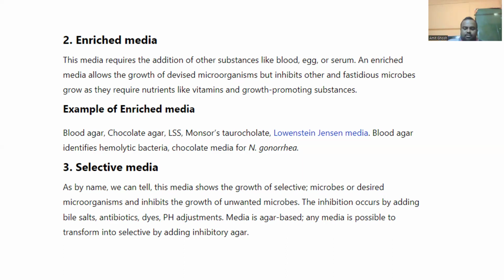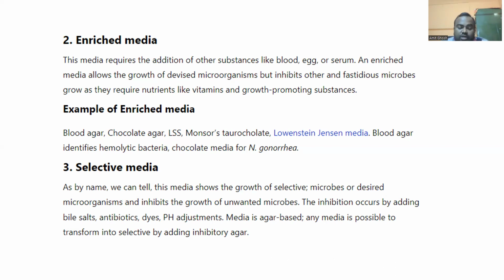Now, after basal media and enrichment media, we'll learn the selective media. As by name, we can tell the media show the growth of selective microbes or desired microorganisms and inhibit the growth of unwanted microorganisms. That means selective media will select some microorganisms, not all. And this inhibition occurs by adding